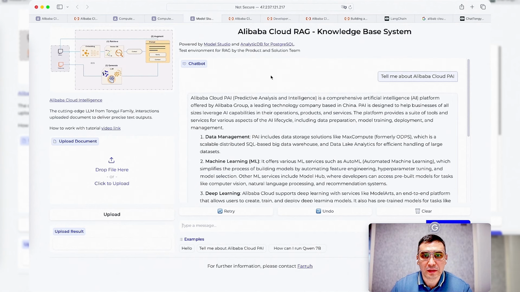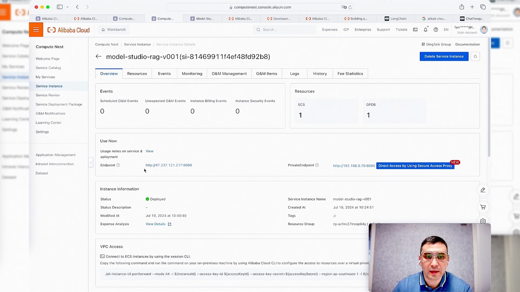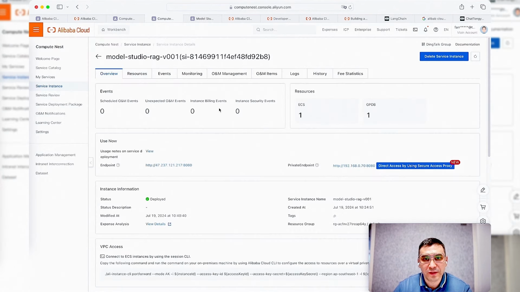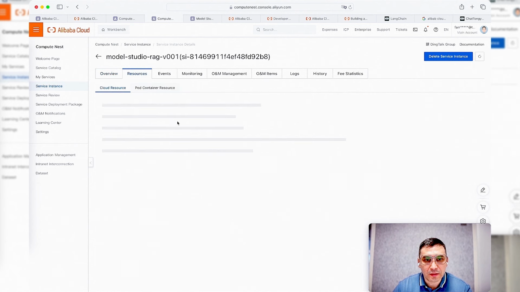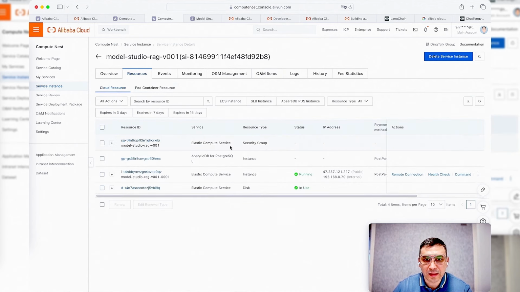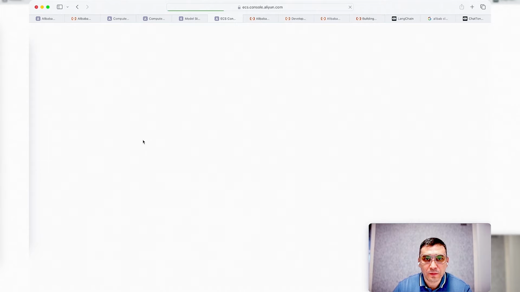That's how you can run your RAG easily without any coding. And if someone wants to change things, maybe you don't like the UI, or you wanna modify it, maybe you wanna add agents or some other tools, then we give you full freedom. How will you do it? Basically you go to the resources, and in the resources we can see the Elastic Compute Service. That's like your virtual machine. You go to this virtual machine,